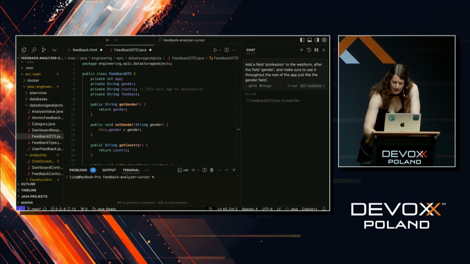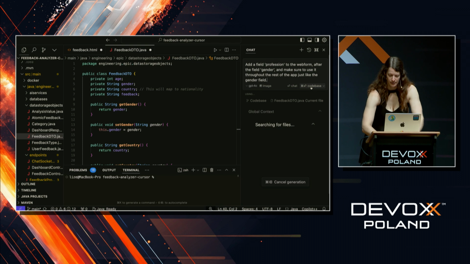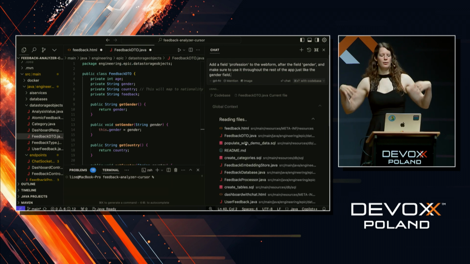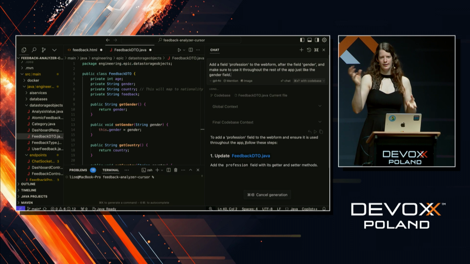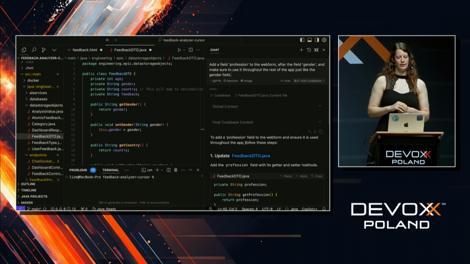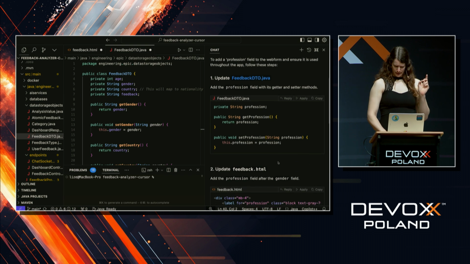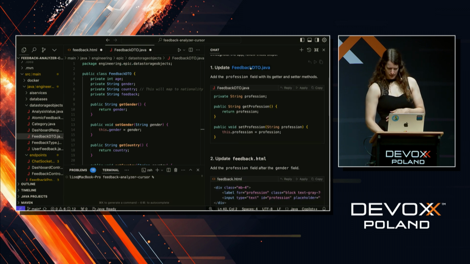So here I can select the entire code base, and then what it's going to do is index my whole code base, kind of put it in a database in a way that it can really easily find related parts. And then what it tells me is, good, we start with updating our data transfer object by adding profession here.